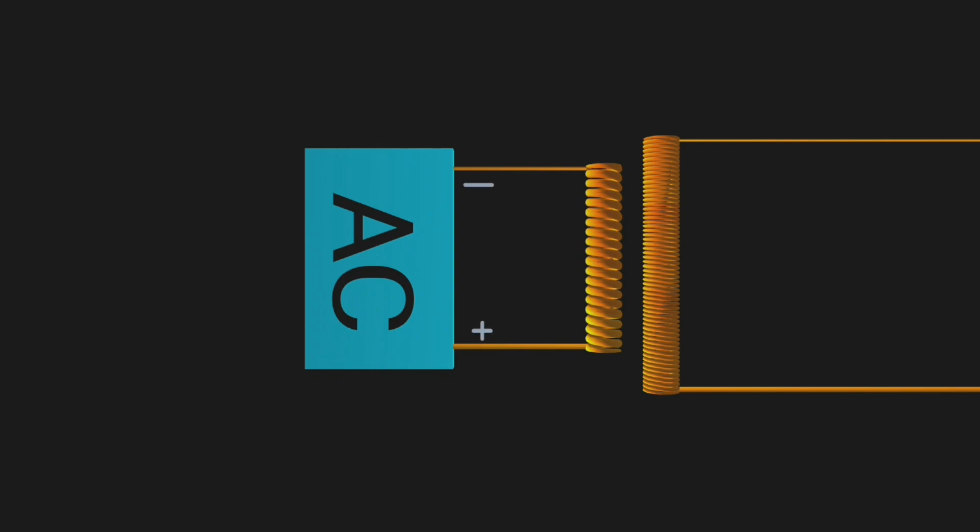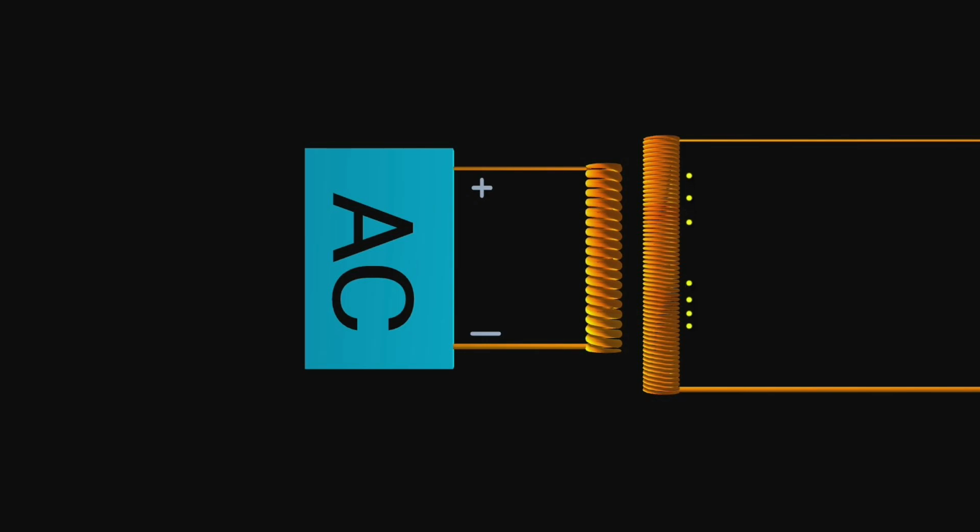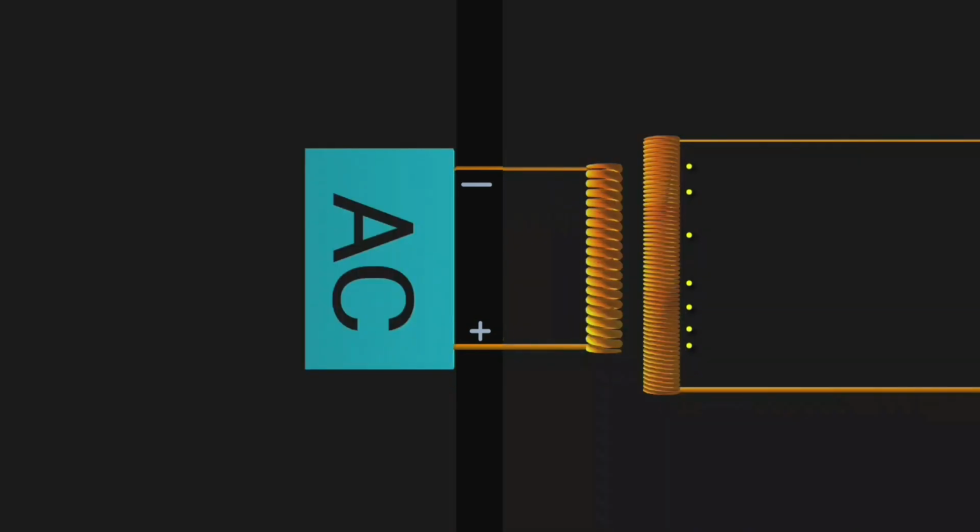Okay, let's slow the speed of this alternating current. Now the current is moving from positive to the negative terminal of the battery. This generates a magnetic field which acts like a permanent magnet that attracts the electrons in the secondary wire. Then the flow of current stops, the magnetic field is gone, electrons in the secondary wire move back into their original position. After that, the current changes its direction that again generates a magnetic field which attracts the electrons in the secondary wire. And the cycle continues 60 times per second.